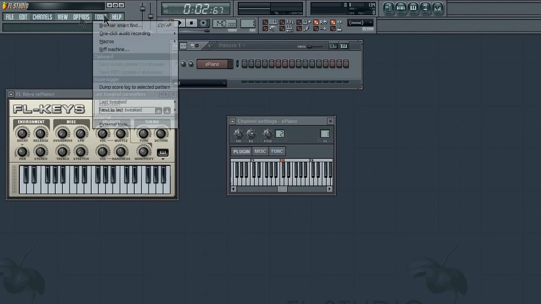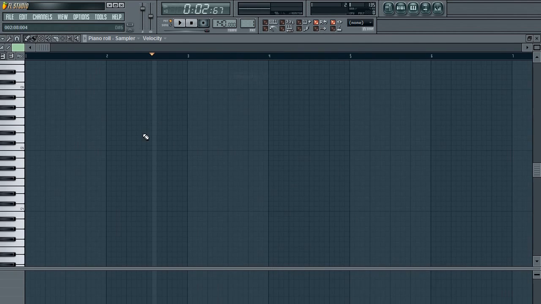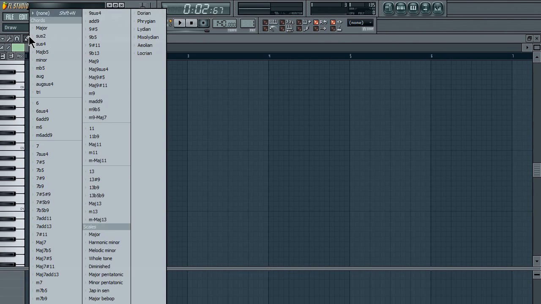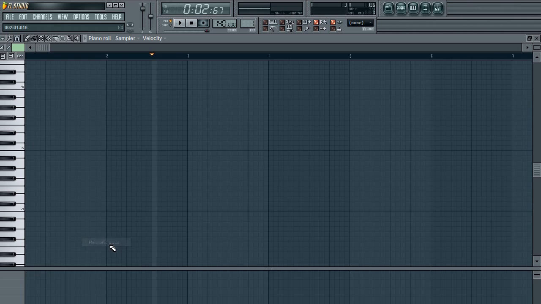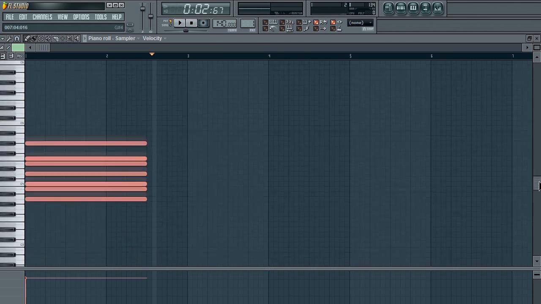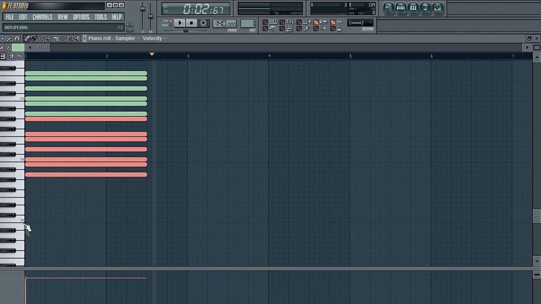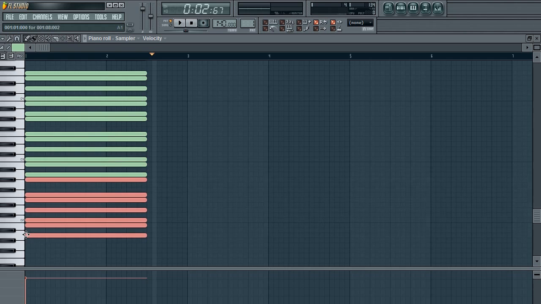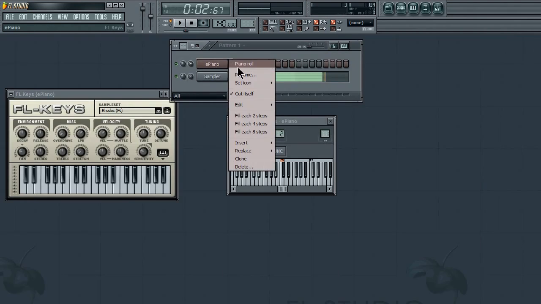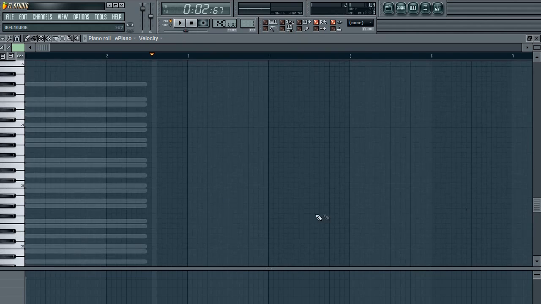I can go into the channels and I can add a sampler. We're going to create a reference. Let's say we want to do A minor. I can right click here, and here's harmonic minor. With harmonic minor, we don't have too many issues. So I can draw in the harmonic minor scale, and starting on A, if I wanted to use A harmonic minor, I would go in here and just draw in my reference, and then in the piano roll here with ghost channels turned on, if I needed a reference, I can just see what notes are contained within